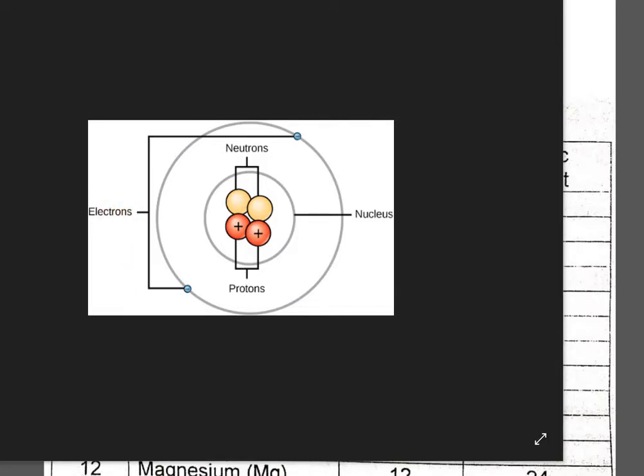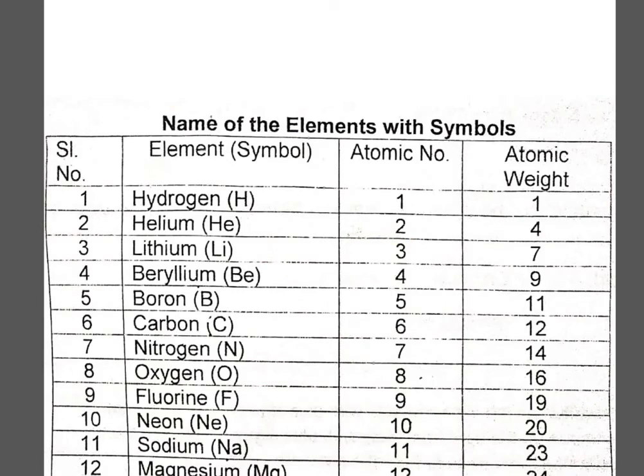Secondly, if we talk about the atomic mass or maybe atomic weight, which is also called the mass number. So you can see there are different numbers, and the value of the atomic weight is almost double the atomic number. This is in general, not a set rule, but it is a general pattern which you can see. For example, if we take carbon, the atomic number is 6, whereas the atomic weight is 12. Similarly, for nitrogen, atomic number 7, whereas atomic weight is 14. Similarly, for oxygen, atomic number 8, whereas the atomic weight is 16.